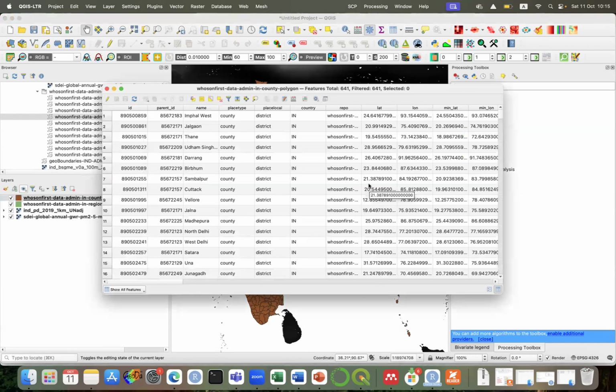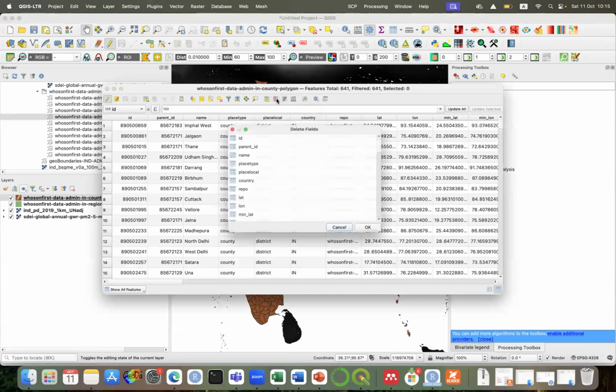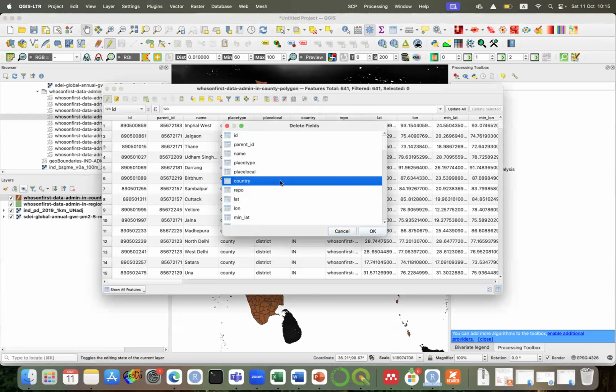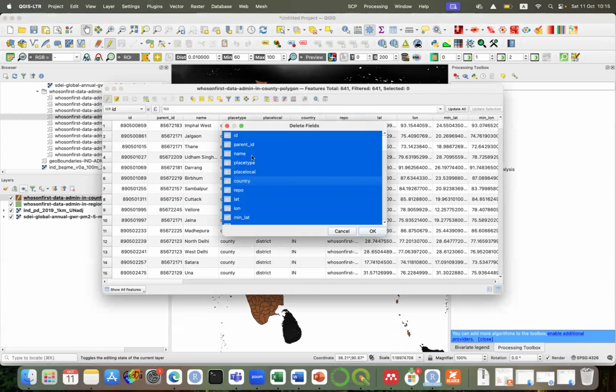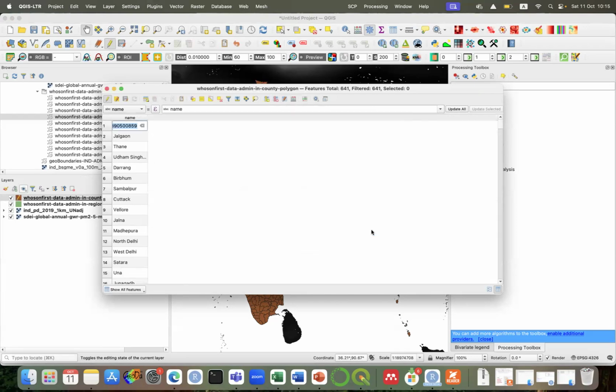Then we see here there are so many columns. We don't need all of these columns. We only need the name column. So we go to this small icon, toggle editing mode, activate. And we go to this icon, delete field icon, select all except name, and delete. Okay. So if you finish,